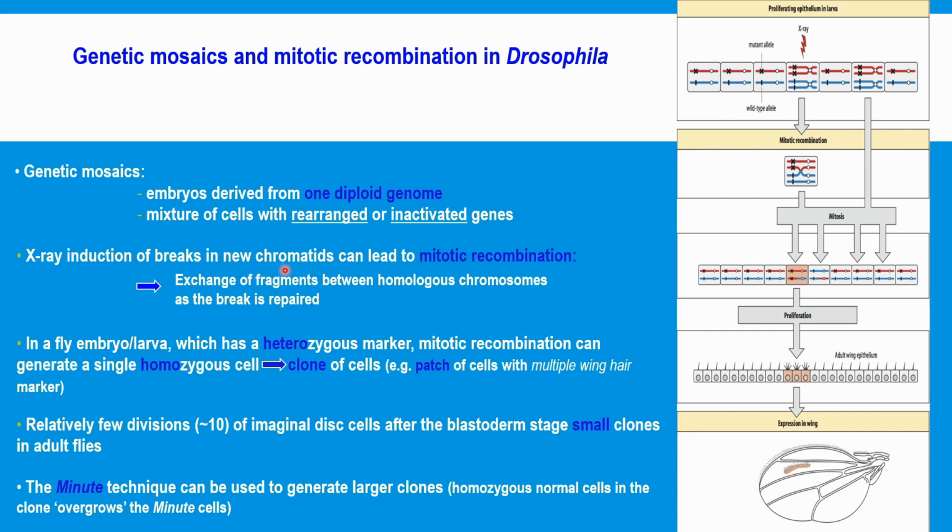And when these breaks get repaired, it's not always that we get the right outcome. If one part of the chromosome is broken, it uses the other homologous chromosome as a template to repair the break. And sometimes, with some frequency, there is an exchange of the chromosomes during the repair process